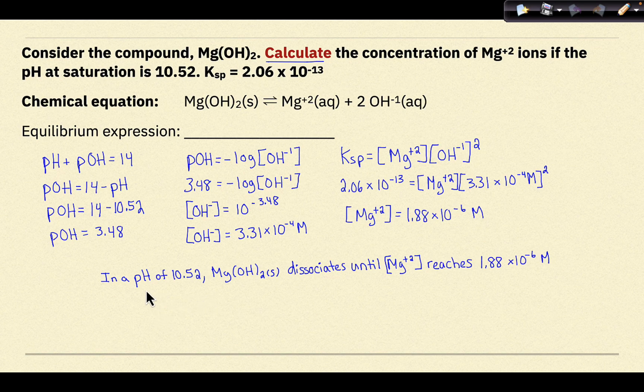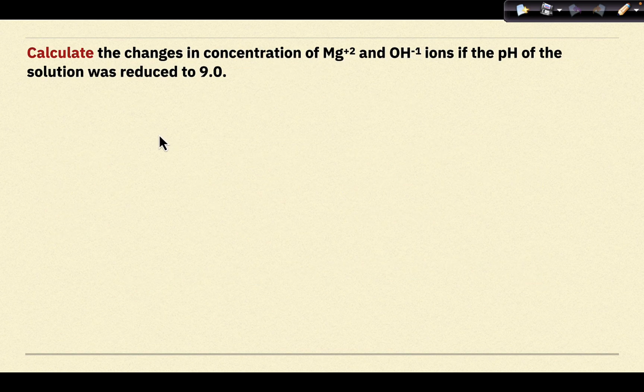So to summarize, in a pH of 10.52, the magnesium hydroxide solid will dissociate until the magnesium ion concentration reaches a concentration of 1.88 times 10 to the negative 6. Now let's look at a situation with a different pH. Calculate the changes in concentration of magnesium ions and hydroxide ions if the pH of the solution was reduced to